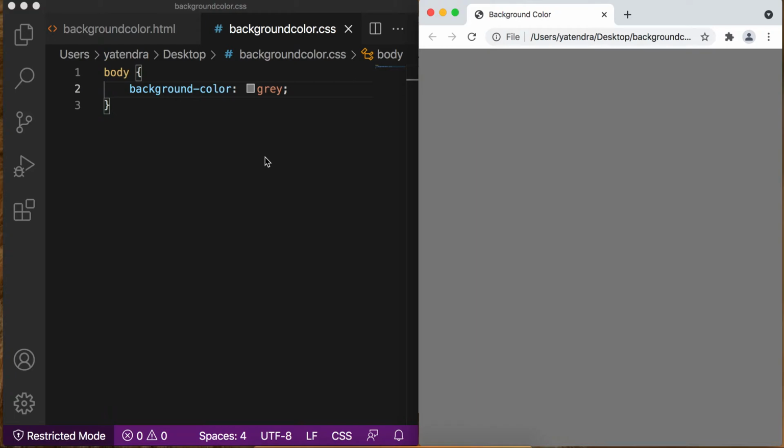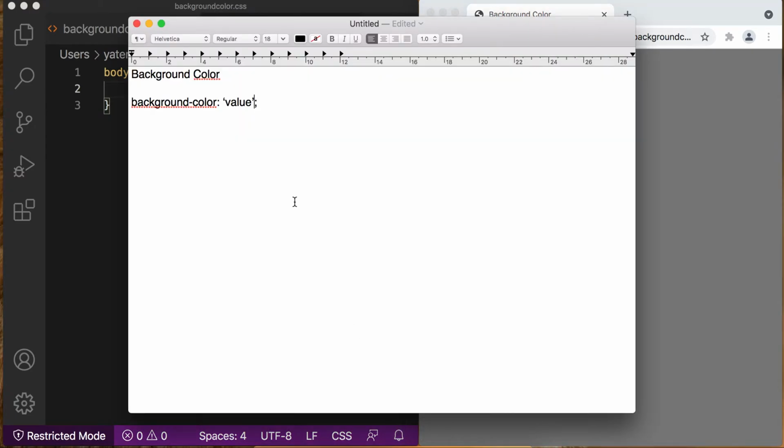Okay, so we used this type of color notation in earlier videos as well. We simply give the name of the color and this color will be reflected on the page. So we can say the first way in which we can assign the color is simply by name. If we remember the name of the color, we simply write it onto the CSS file and this will be reflected on the browser. Second way, how we can assign the colors is in the form of